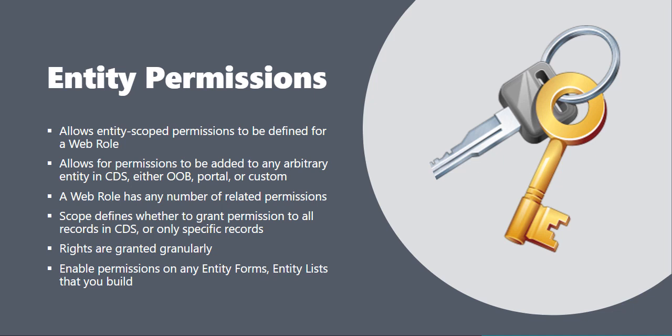Now, each permission has a scope, and that scope is going to determine whether the permission is global. In other words, it applies to all records that exist in the system, or whether you are scoping the privilege only to specific rows. In other words, only to specific records. So if you're doing record level access, you assign a scope other than global. And the actual privileges themselves are granted granularly based on the CRUD operation that you're referring to: create, write, read,